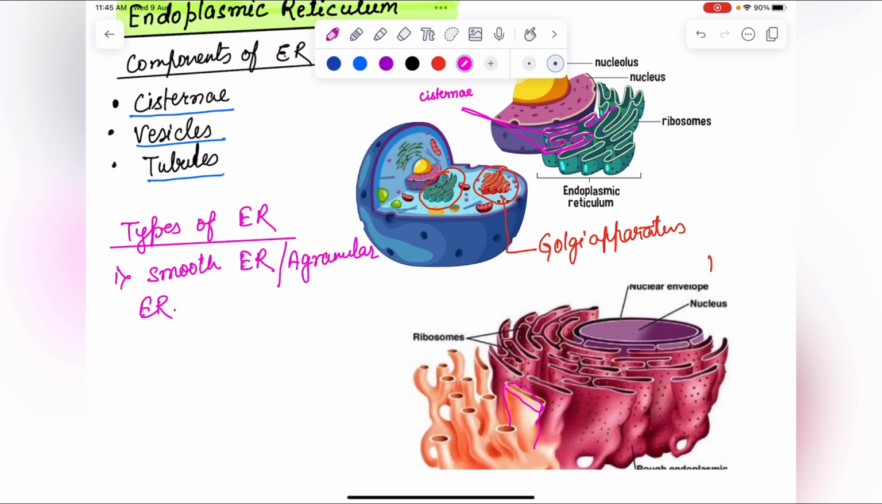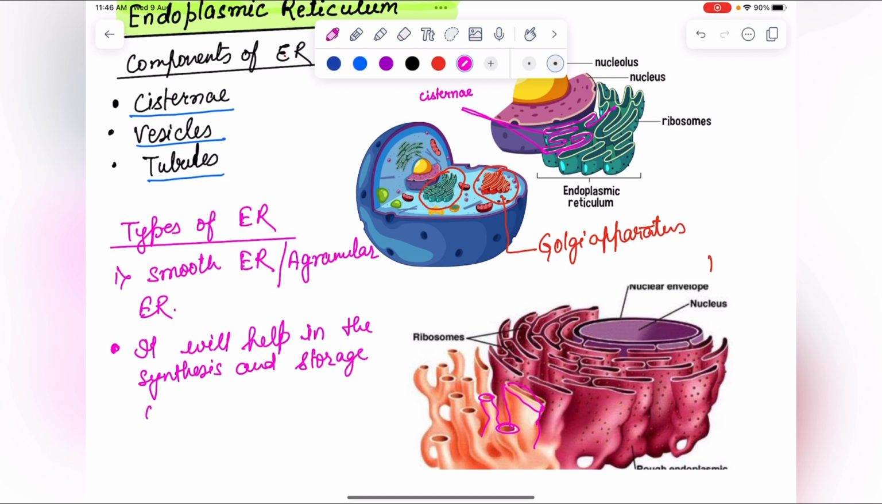It acts as a storage organelle. These organelles store, and help in the storage of carbohydrates, phospholipids and lipids, and in the synthesis and storage of steroids. So what will it do? It helps in the synthesis and storage of steroids, lipids,